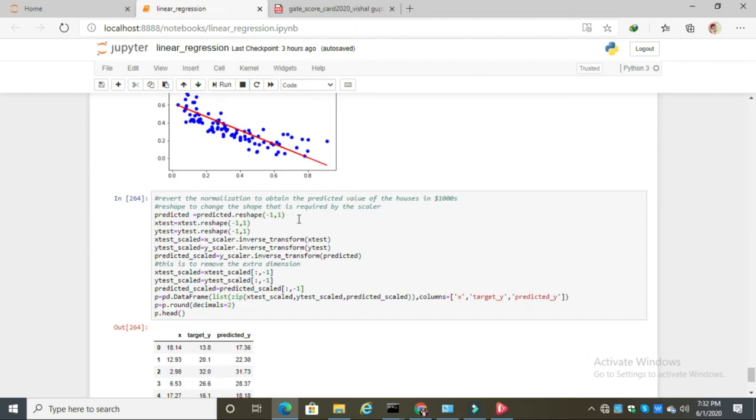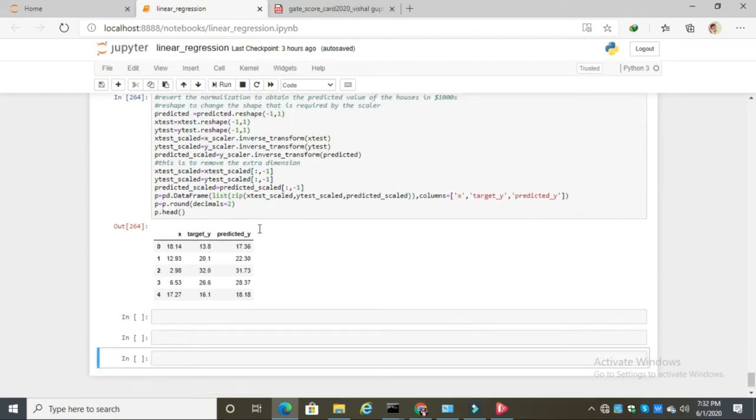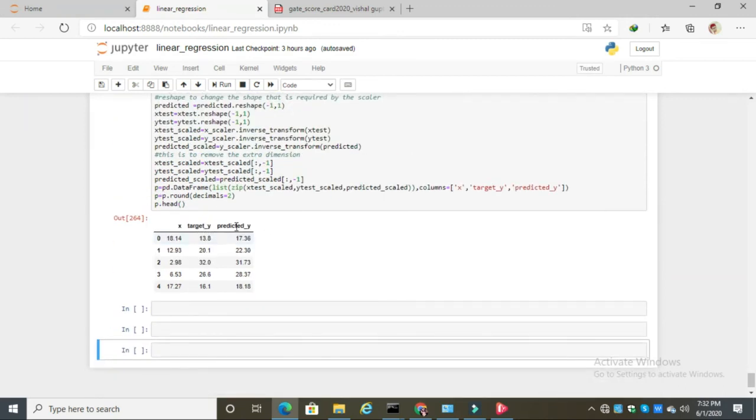After normalization, to obtain the predicted value of the houses, the predicted data and target values are in normalized form, so we need to revert the normalization by scaling it. We use the inverse_transform function for it, and then after scaling we take the data frame and show the values, that is target y and predicted y.